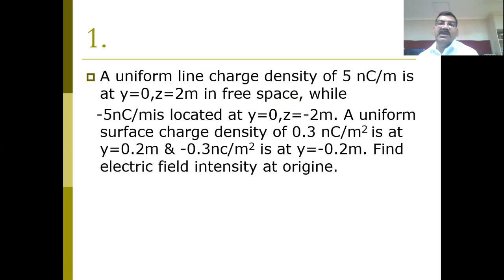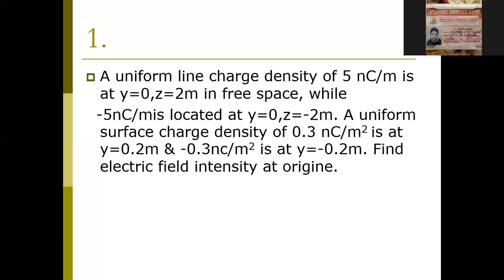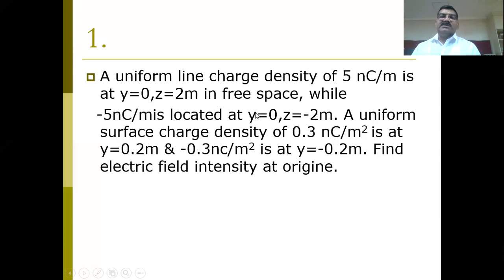So here, a uniform line charge density of 5 nanocoulomb per meter is at y equals 0, z equals 2. Uniform line charge density. So quickly, who can say which charge is there? Is this the line charge, surface charge, volume charge, or point charge? Line charge. Correct, per meter. So line charge in free space, and minus 5 nanocoulomb per meter. Again it is a line charge located at y equals 0